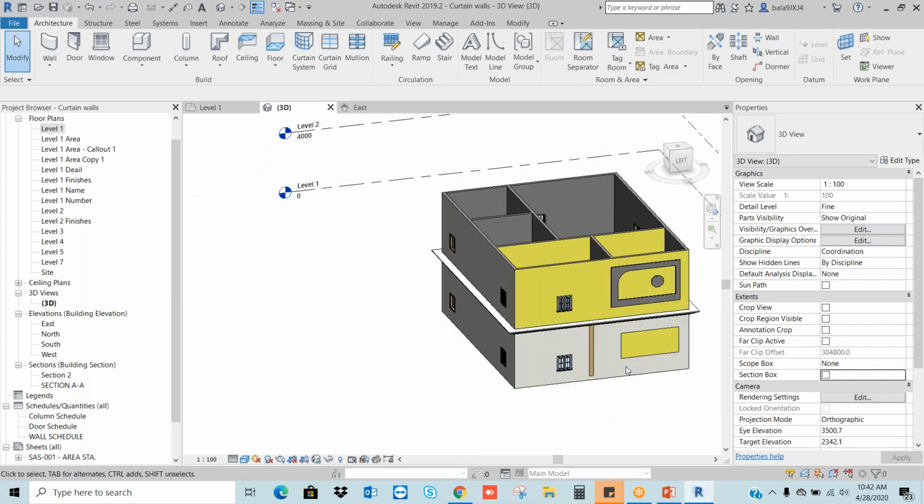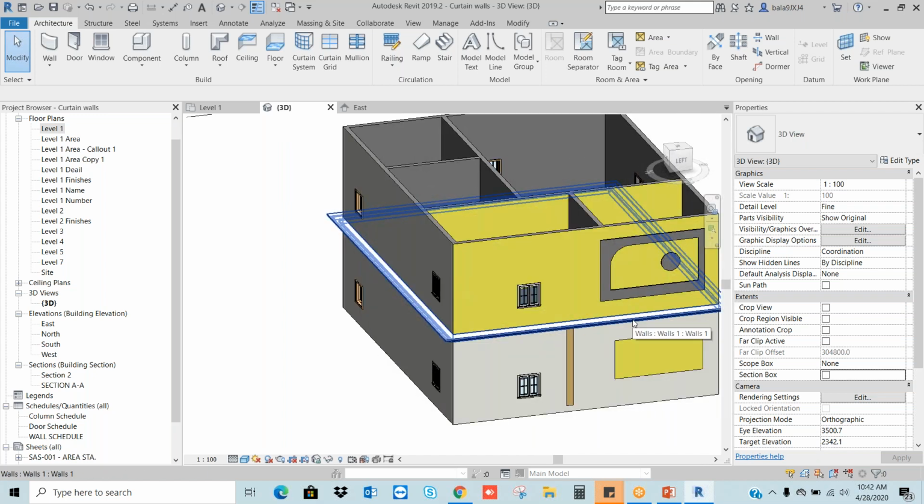We create the family in the family module and bring it into this project. It's clear. To create a 3D shape which is useful within the project, you create the model in place. If you want to create a 3D model which is useful for any project, we have to create the family.